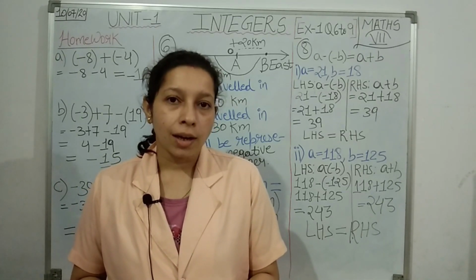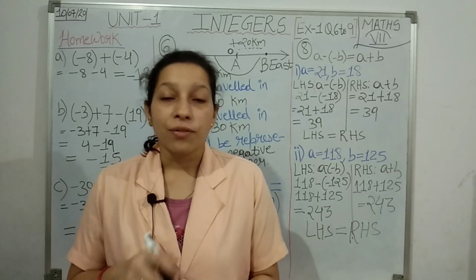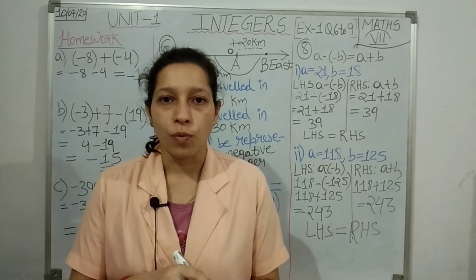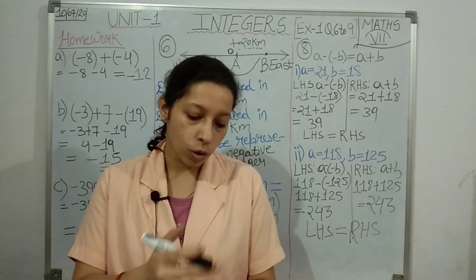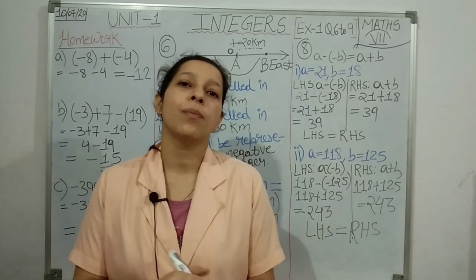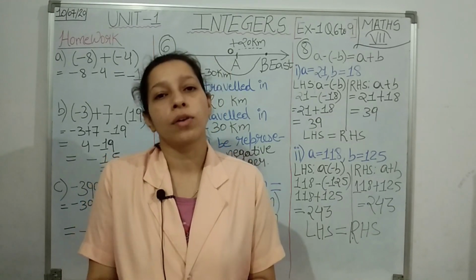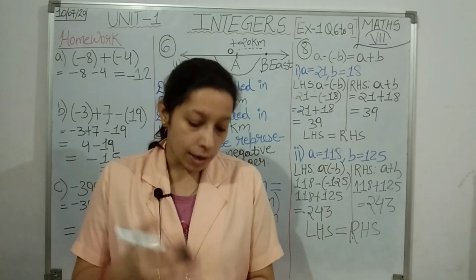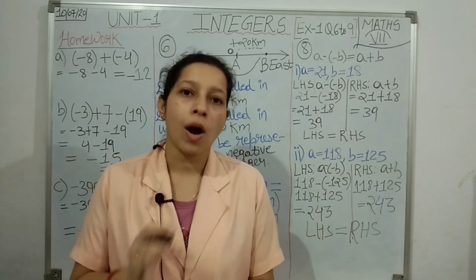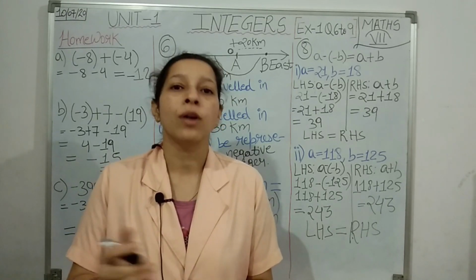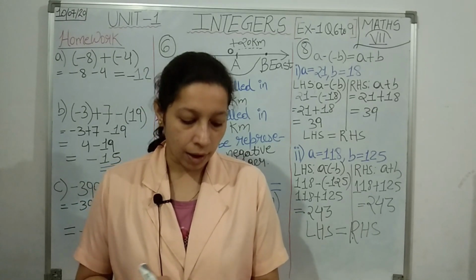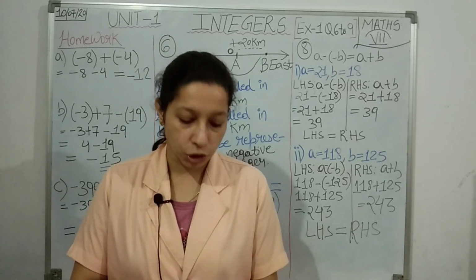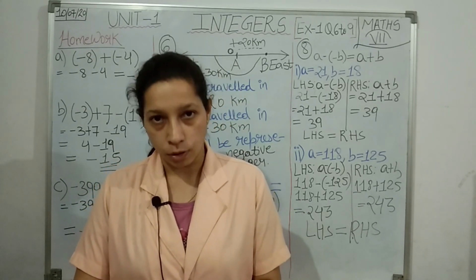Is this question new for you? This question I have given you as homework. Remember, for practice and for making you understand more about the integers, I have given the first 3 points as homework. It means we have already solved this type of question. Now we have to compare also. You know how to solve integers, how to add or subtract integers. Now you are going to compare the integers. Okay. So in your textbook, question number 9, point A we are going to solve.